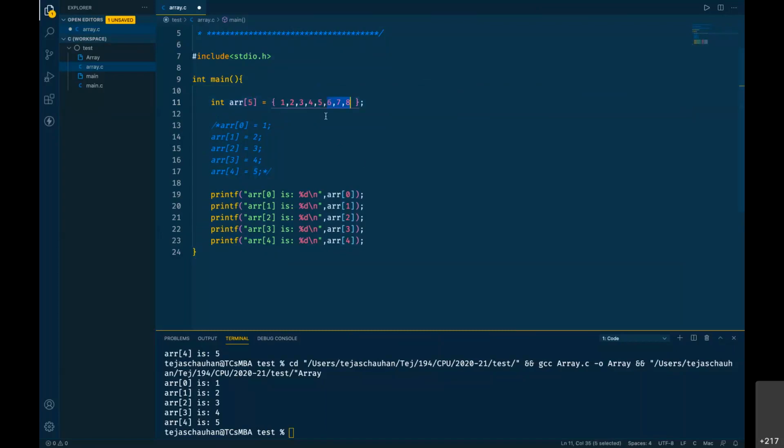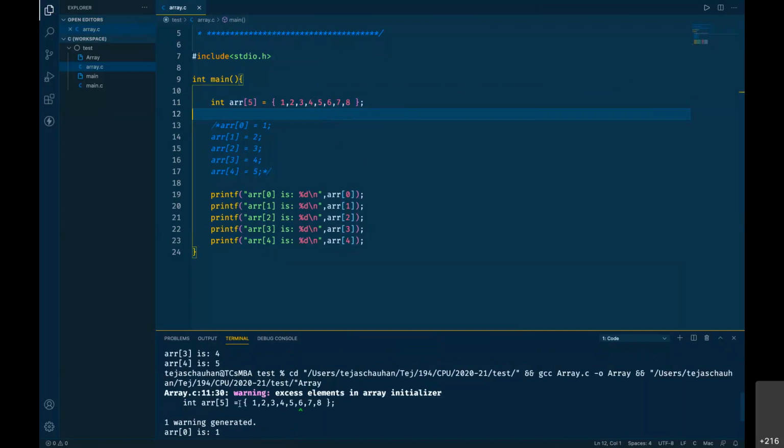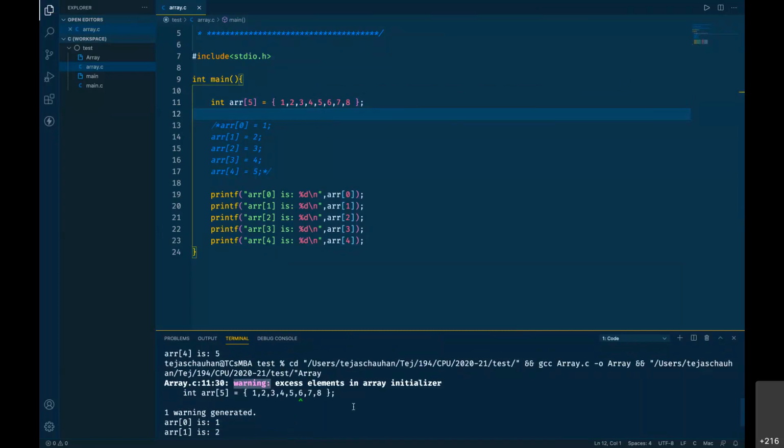This is going to generate an error here. So if I save this code and try to run this, then it says there is a warning, not exactly an error, but as I said, it depends on the compiler and the runtime environment where you are executing this code. So it says warning, excess elements in array initializer, and it gives me the pointer also at 6.